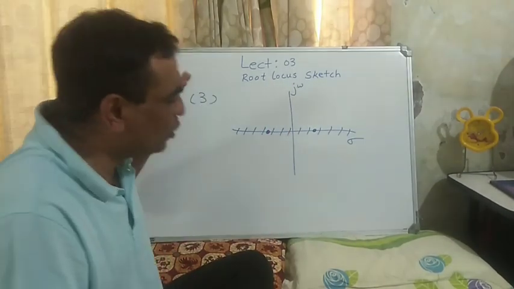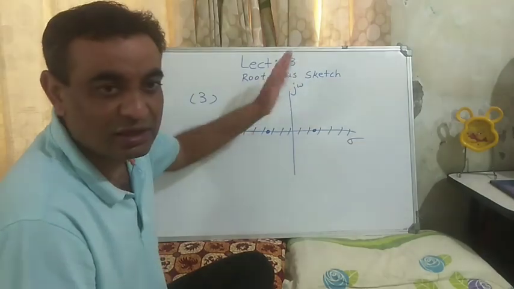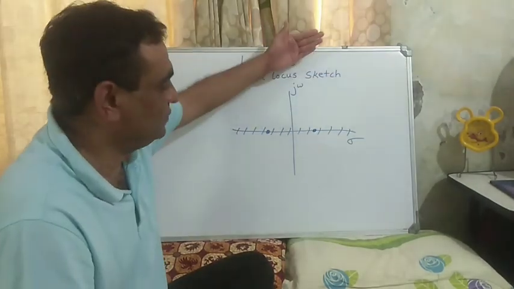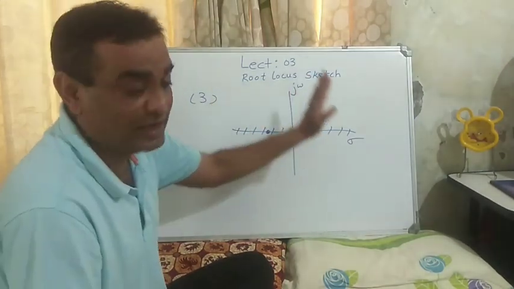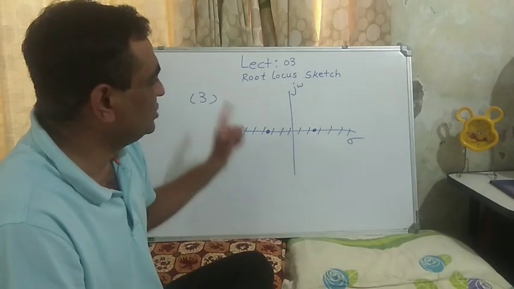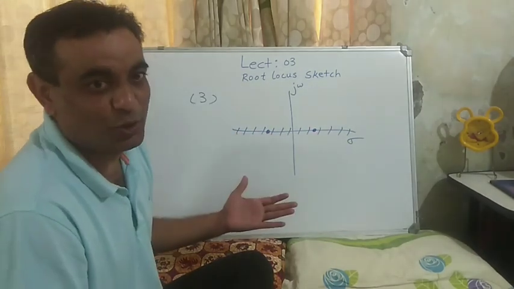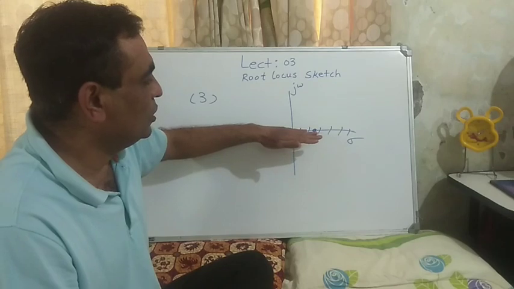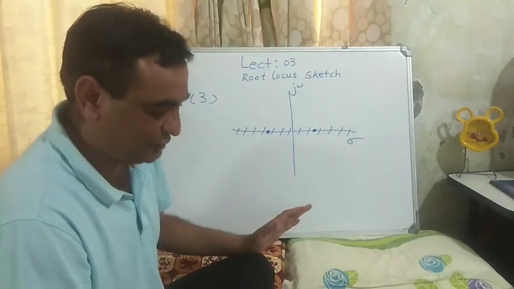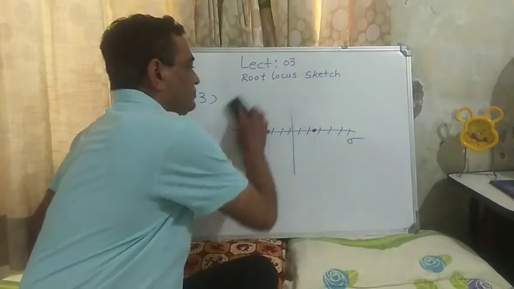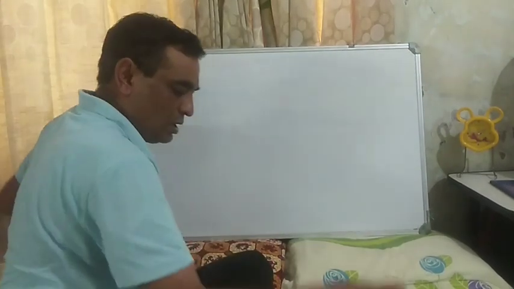This rule is only about checking the root locus on the real axis, not inside the complex plane, not in the upper half or the lower half, nor the left hand side or the right hand side of the S-plane. After understanding rule number 3, you will be able to recognize, without sketching the root locus, the line segment on the real axis which is a part of the root locus. Now,